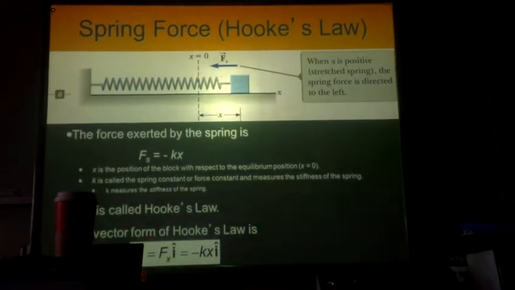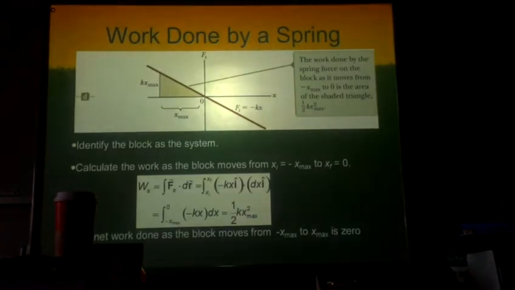Okay, if we have a very small value of k, then that means that the spring is going to be really, really soft. If my spring constant is a really large number, then that means that spring is going to be very, very stiff, okay? If we think about the work being done by a spring,